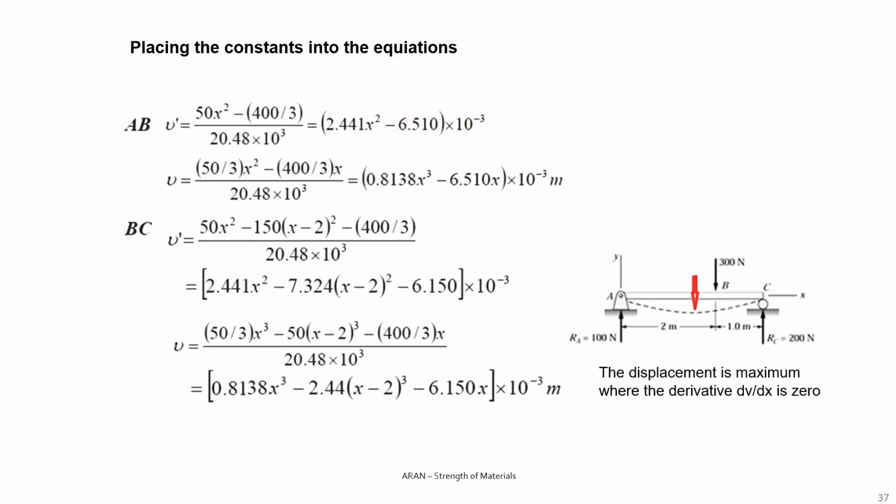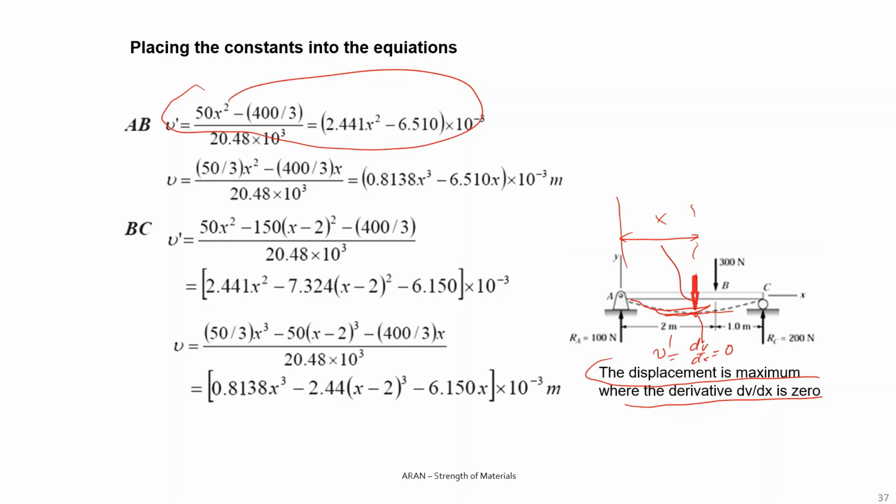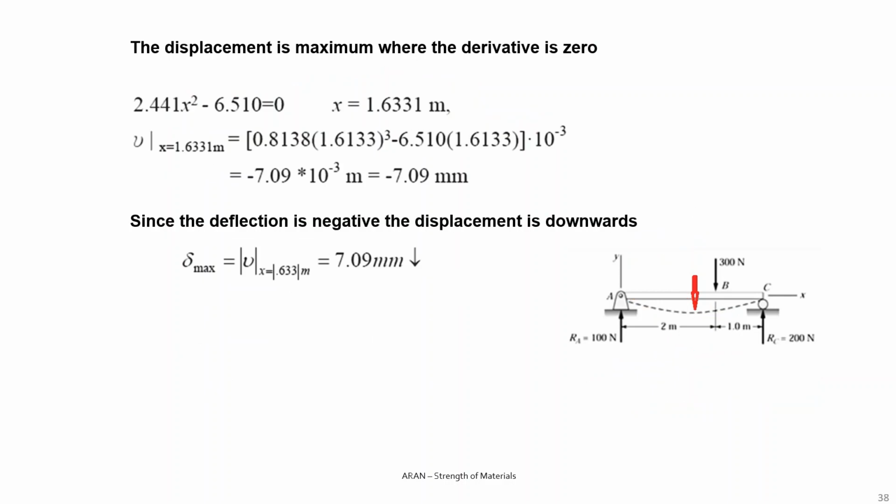The question is to find the displacement where the maximum is reached, that is somewhere at a distance x from the axis. In order to find this point, we know this maximum is where the slope is 0, dv over dx, or v prime is 0. It is on the left side, and this is the curve, and when I put 0, I can find the x value as